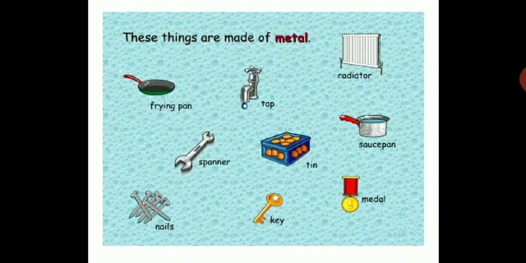Over here again, tap, frying pan, spanner, nails, key, medal, tin, and saucepan are all made of metal. So you can easily make out now.